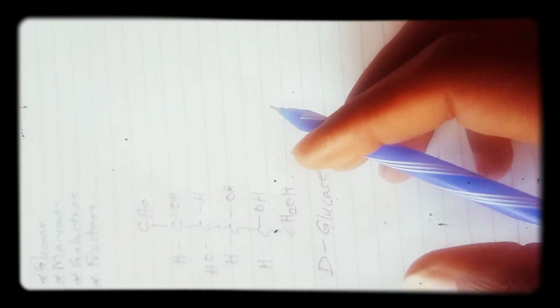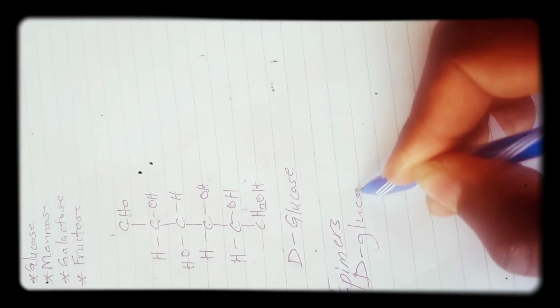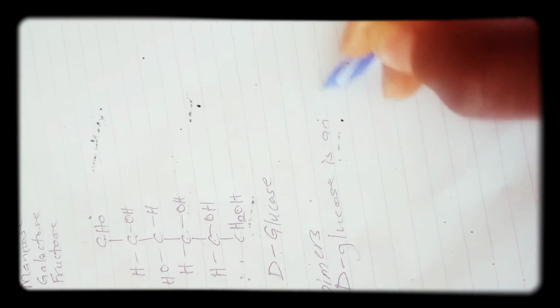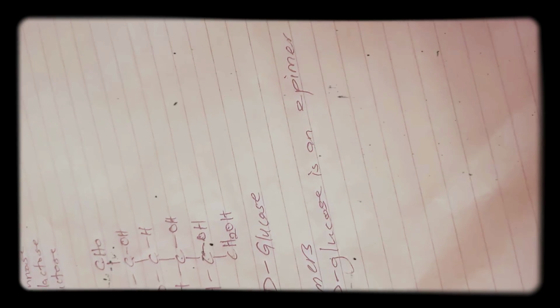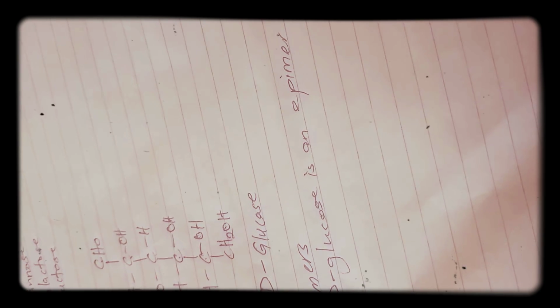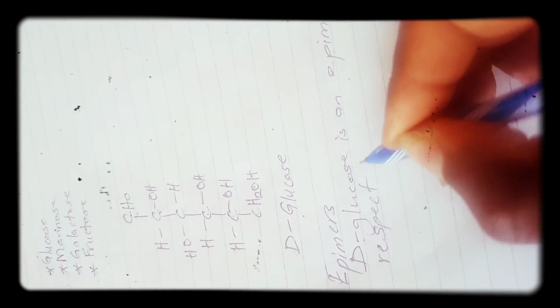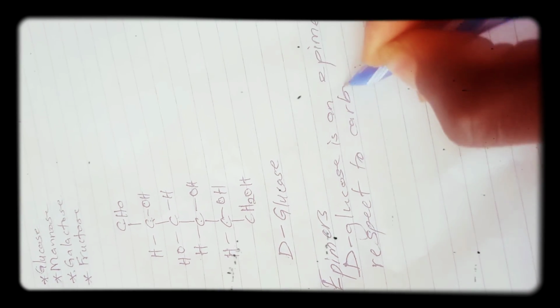from the word isomers, we have something called epimers. So the word is: D-glucose is an epimer to D-mannose in respect to carbon number 2. That is the first hint, and the second hint is